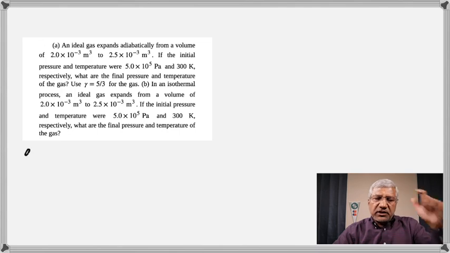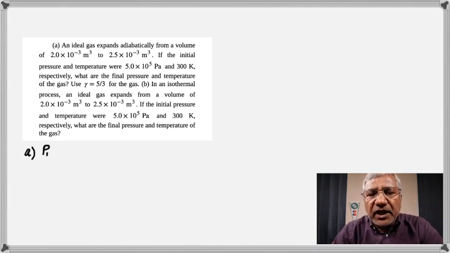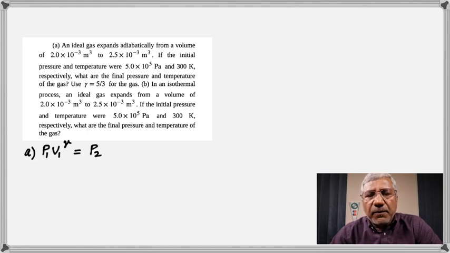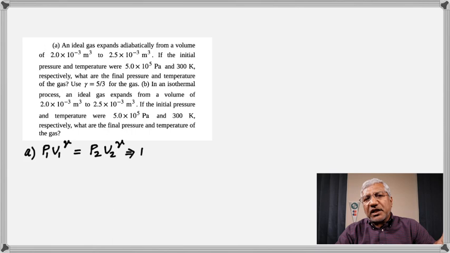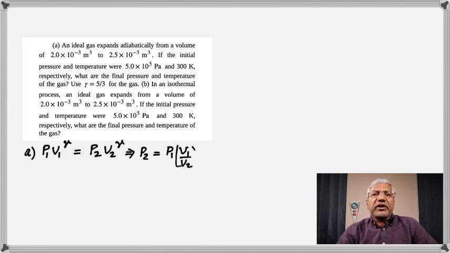So here is the last one. In this case, the gas expands adiabatically from an initial volume to a final volume. Initial pressure and temperatures are given. What are the final pressure and temperature? See, I'm trying to show you how to use the other adiabatic equations. So remember that there are 3 adiabatic equations. We're using this one to calculate A. I don't think I have to read everything out because you can see what's given and what's not. So we're trying to find the